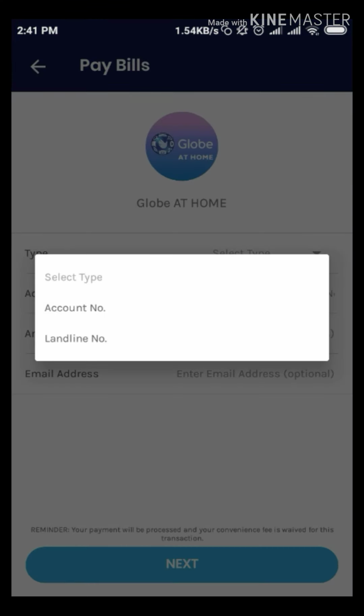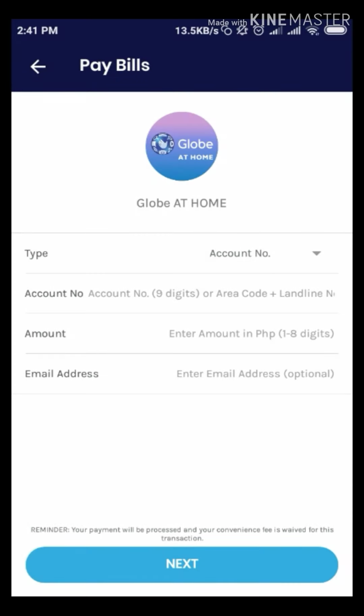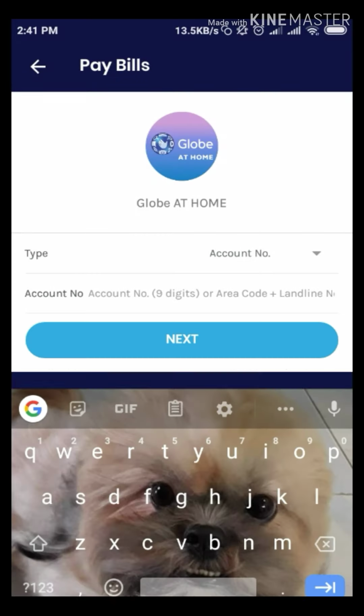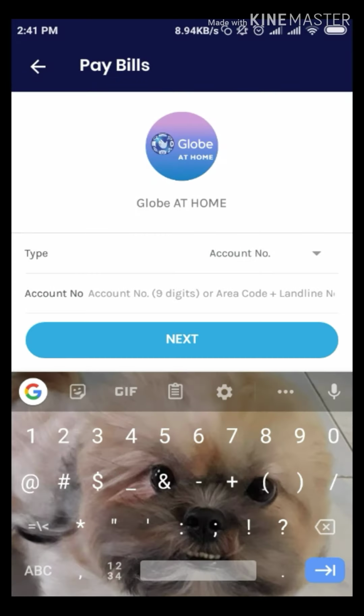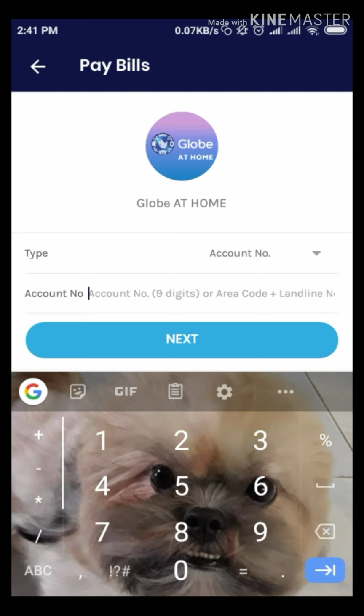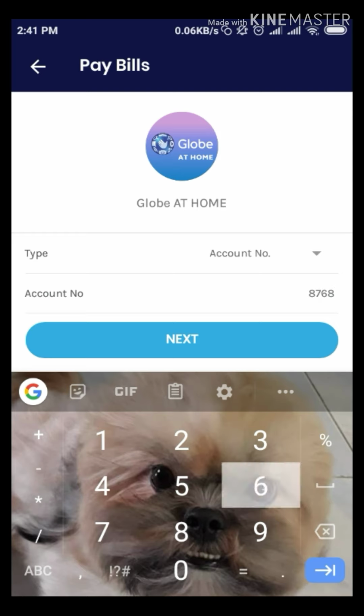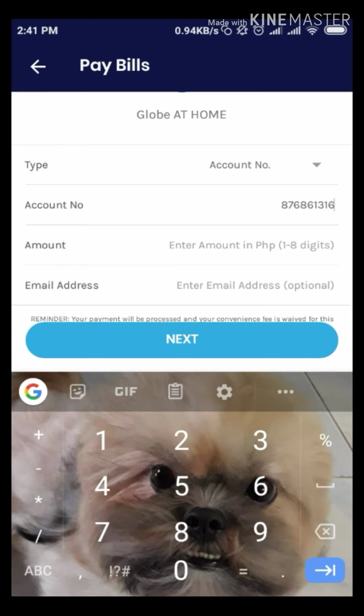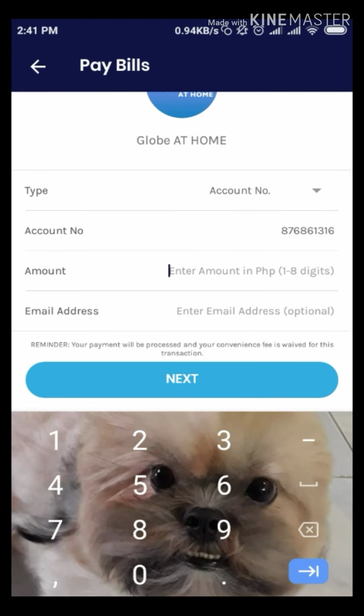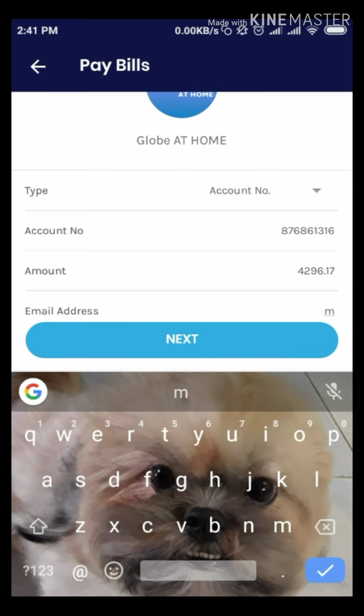So type account number, and then just type in the account number. Let's see, 1 6 and then the amount is 296.17, email address 876